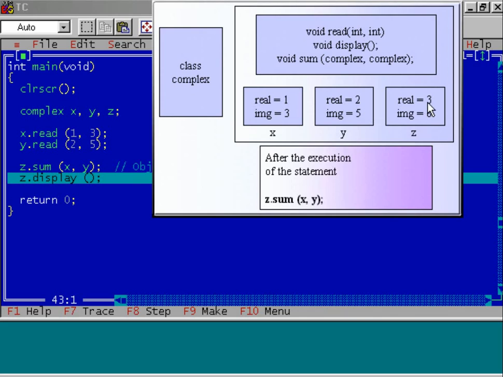So 1 plus 2 is equal to 3, and that we assigned to the real data member of the object z. Then we have added imaginary parts of the objects x and y, and assigned that to the object z. So 3 plus 5 is equal to 8, and that value we assigned to the data member img of the object z. Is it clear to you? Well,